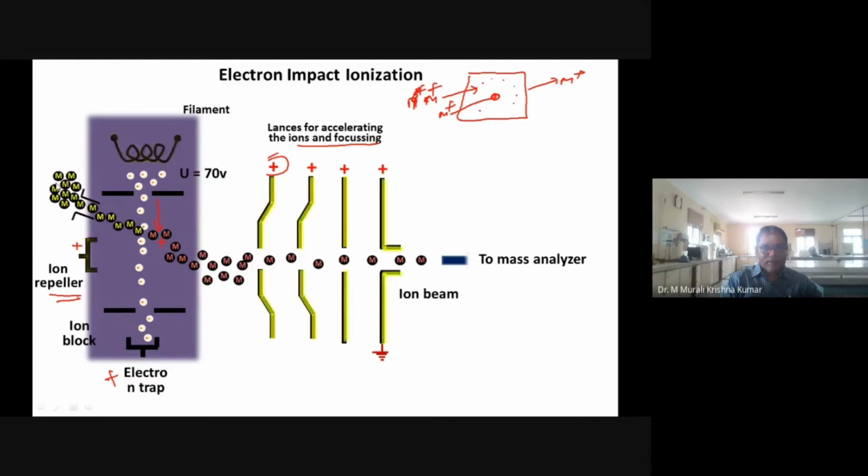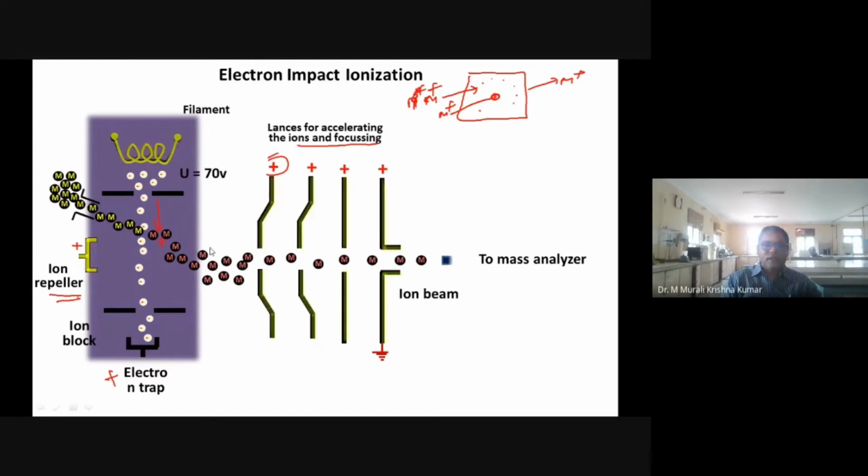So here what is happening? The sample in vapor condition we are introducing into an ionization chamber where a filament is heated, from where electrons that are evolving over here are forming something like an electron beam. Because these two are orthogonal, perpendicular to each other, the molecules that are coming in this vapor phase over here, the drug molecules, will hit the electron beam. So thereby they will lose an electron, so thereby they produce ions.